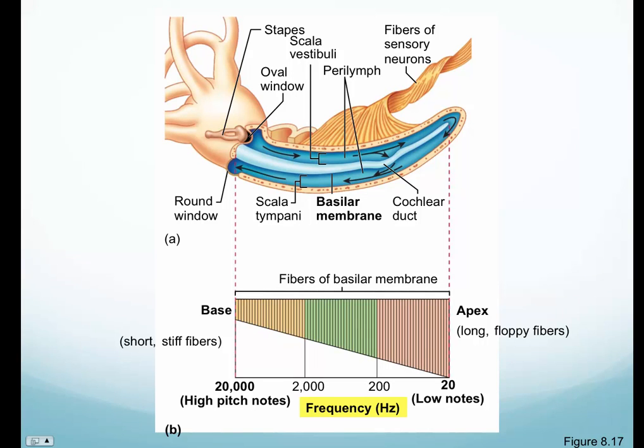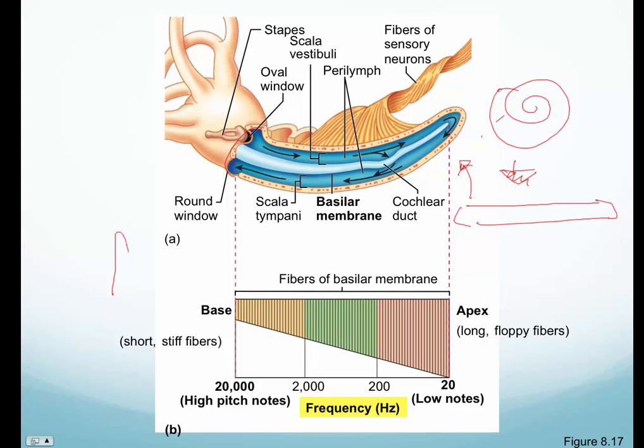However, how can we tell the differences between high-pitched notes and low-pitched notes? Here's our cochlea, and we know it's spiral, kind of like that. But if you flatten it out, it'll kind of look something like this, so flat or also like this. And so we can notice that hair cells, all those hair receptor cells,